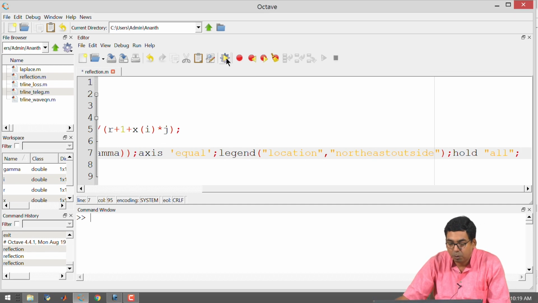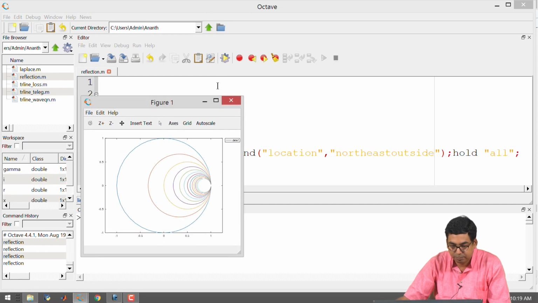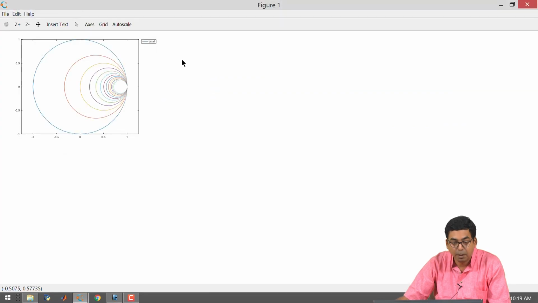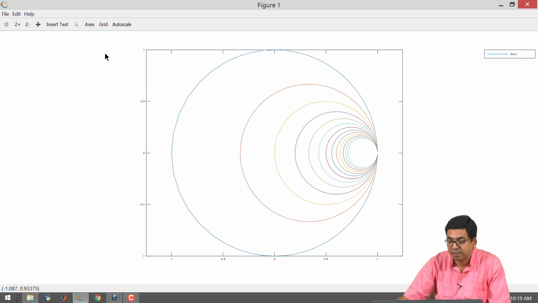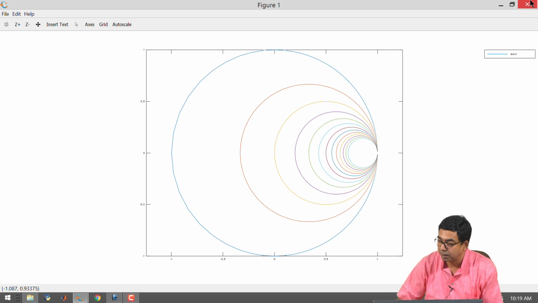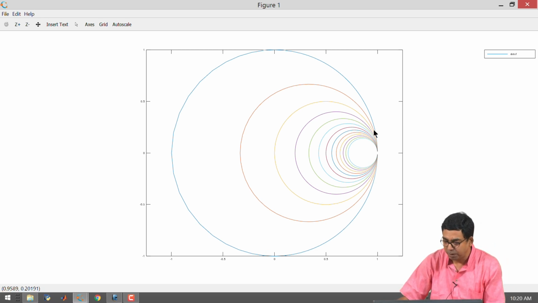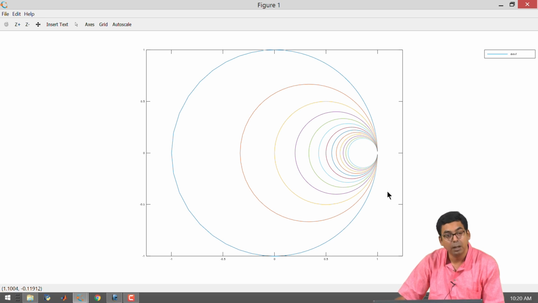So, I will run it now. All right. Now, I am having a series of circles, only thing is my legend is not showing up correctly. I will fix that in a second. Okay. However, I know for a fact that r equal to 0 was a unit circle in the gamma plane,